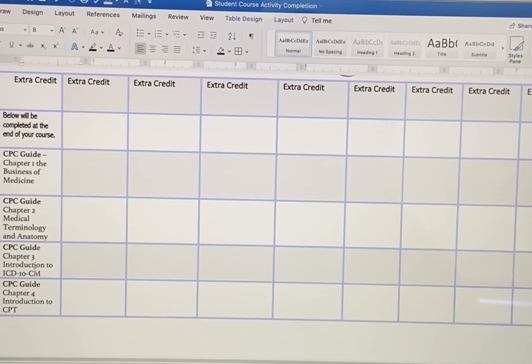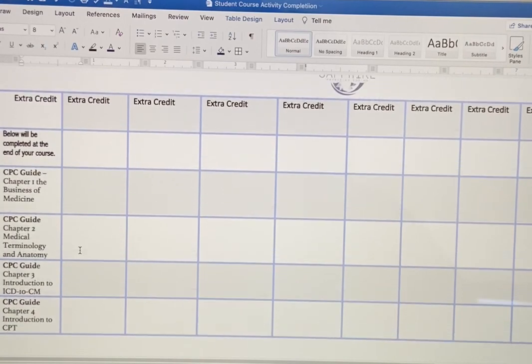You'll see it because the ICD-10-CM and the CPT and the terminology are already in there. Remember, your course is based on CPC. Your goal is to pass your CPC. Some of you who are not going that far, that's fine. You don't have to worry about all the extra stuff. Just get your beginner start. Just get your feet wet. Those of you who are going all the way,